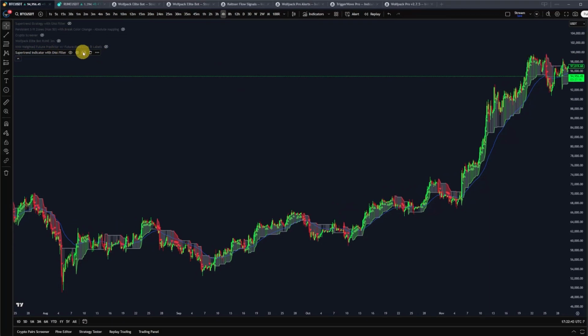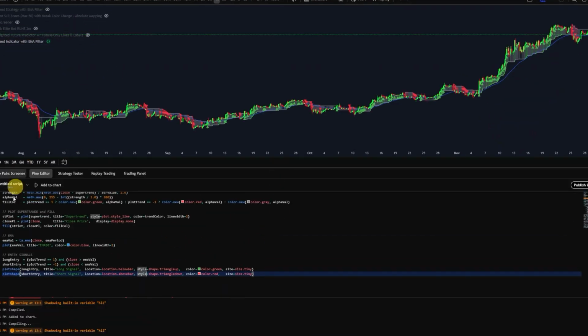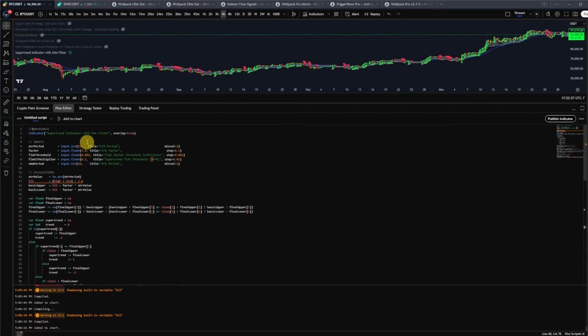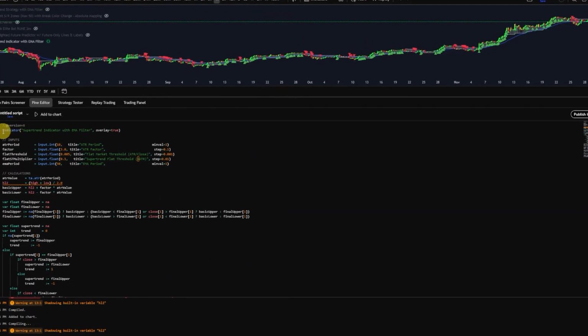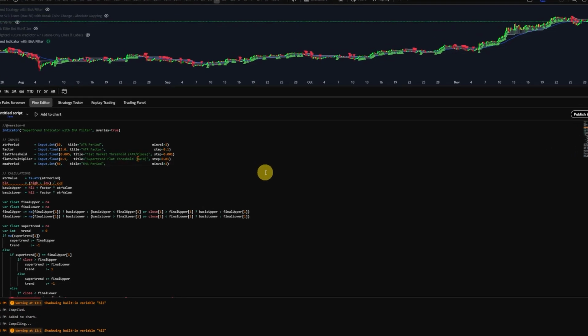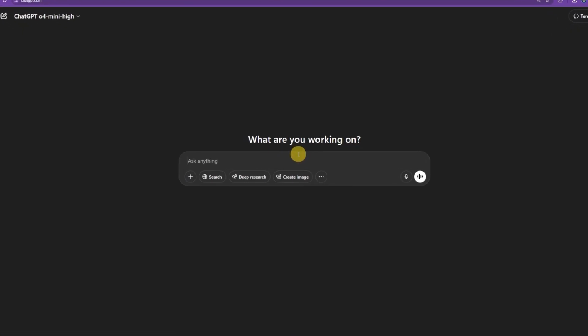Just going to click the open source code here. So this is the SuperTrend indicator. I have it on the screen already. I'm opening up the source code here. I'm clicking that. Now that the source code is open, I'm just going to scroll all the way to the top. It says indicator here on the very first or second line. So in order to convert that into a strategy, you don't necessarily need to know how, because ChatGPT can do that for you already. So I'm just going to copy all of the lines of code and then head back to